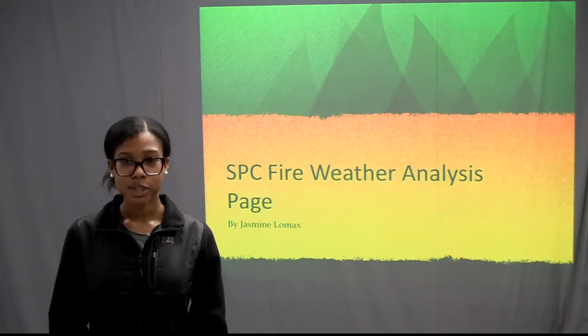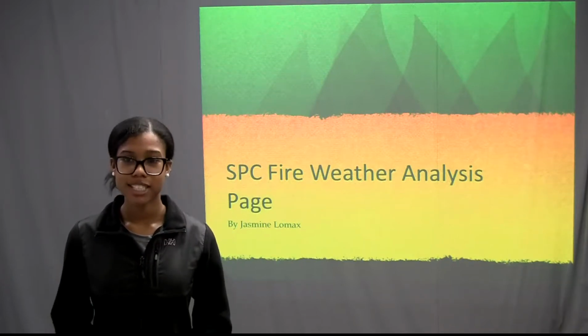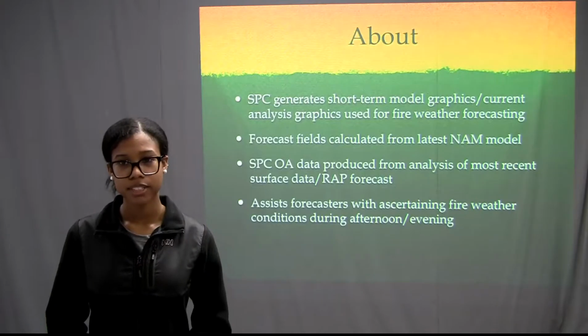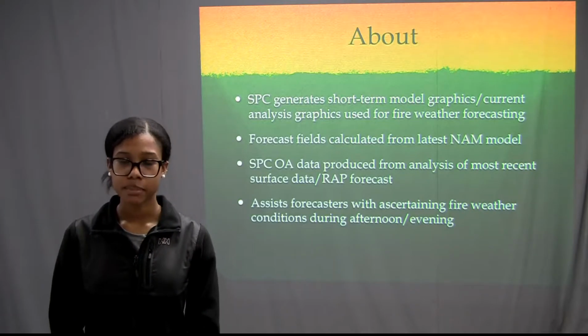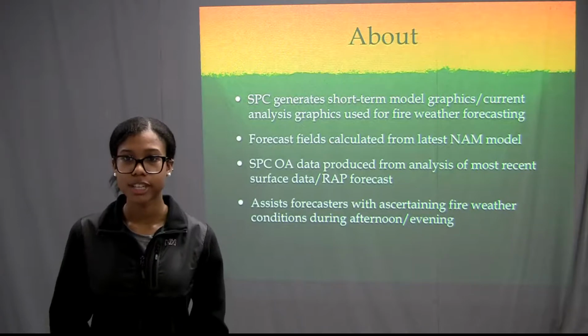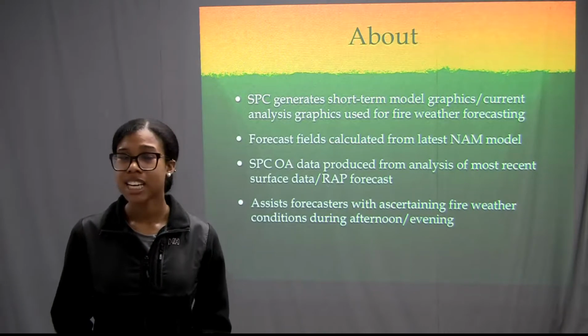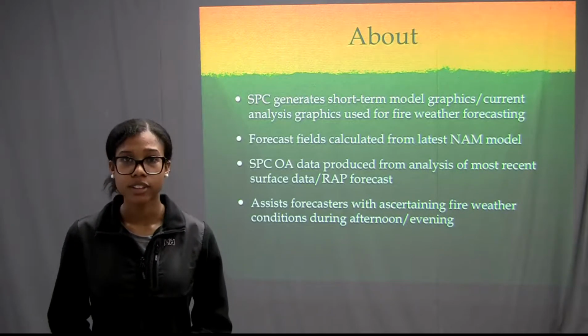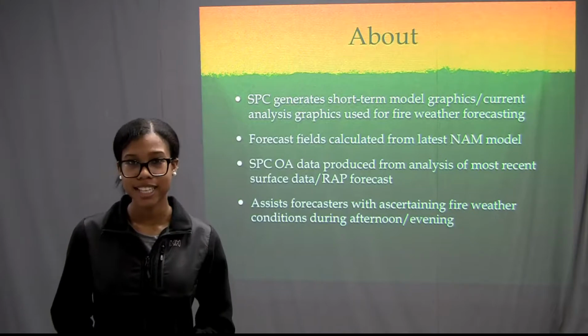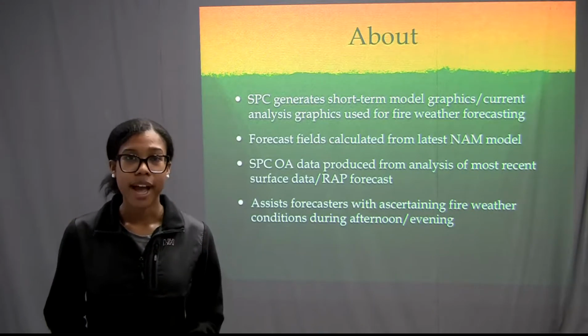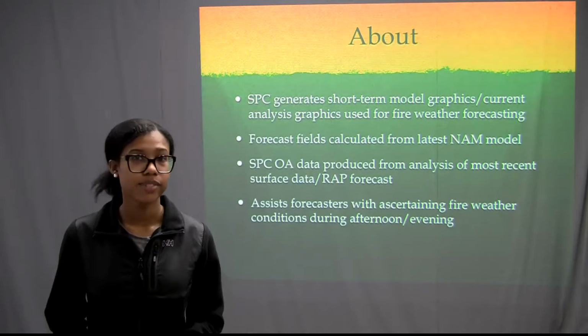Good morning. Today I'm going to be talking to you about the Storm Prediction Center's Fire Weather Analysis page. A little bit about the page is that the Storm Prediction Center generates a short-term model graphic as well as current analysis graphics that are used for weather forecasting, specifically for forecasting fire outlooks in the western portion of the United States, since that's a very dry and arid region at times, and that's where fires are most likely